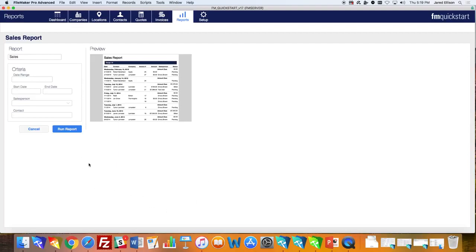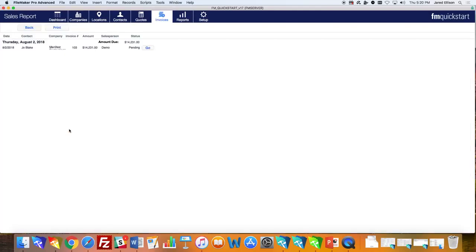With the reports module, you can look at all the reports from previous sales quotes to know what's going on. So we can do accounts receivable or sales, and we'll stick with sales right now. And here you can choose the criteria, which can be the length of time, and we're just going to go with all. And you can choose the salesperson you want to look at and see what their report is and what they've done for you. That way you can see how they've been performing and how they're helping the company.